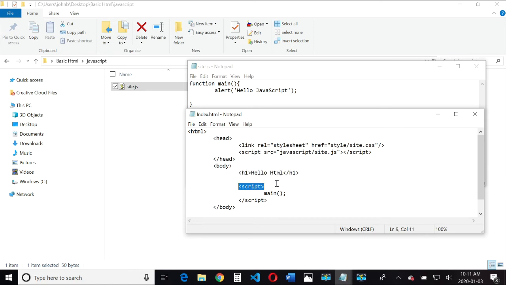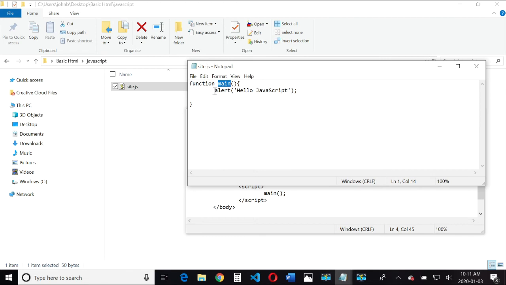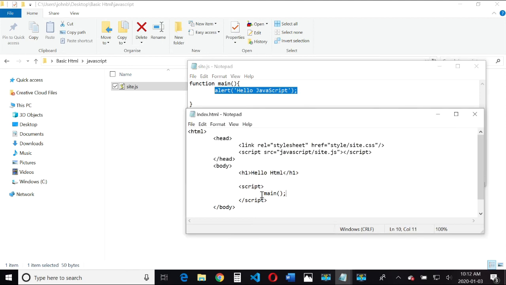Then it finds this new script tag. And the browser knows, this is a script, something I need to do here. So in between the script tags, it knows to expect JavaScript. This is telling it to invoke the main function, which it does. So the main function is called here. It finds the main function inside of our site.js here. So it runs this main, and then it will give you the alert, hello JavaScript, and then will return from